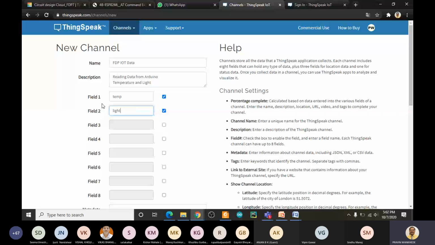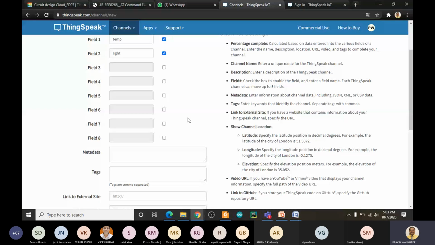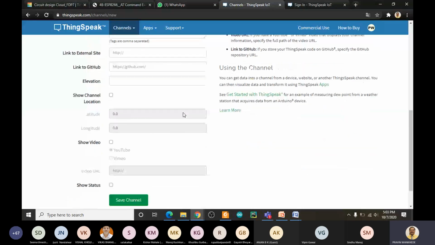Field 1 will store the values of temperature, and field 2 will store the values of light. Don't do anything with the other fields. We'll just take this example and click on Save Channel.